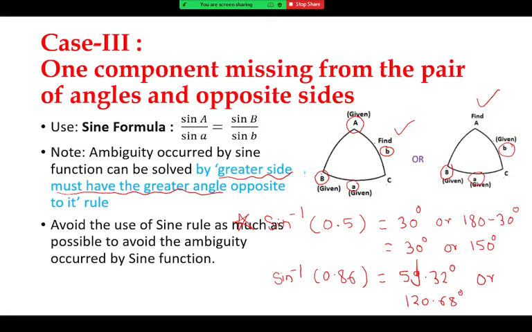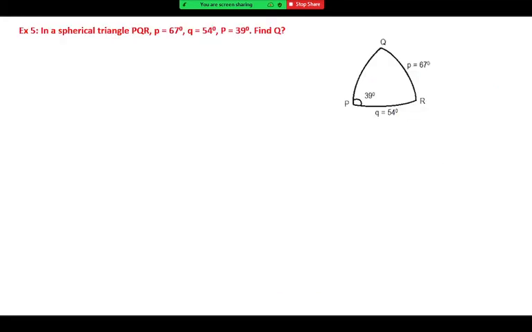It becomes more clear. So next slide, question number 1 on the sine formula. You will observe, first of all, see what was given here. In a triangle PQR, two sides are given, small p and small q, where capital P is an angle and capital Q we have to find out. So just draw a rough triangle first. In that rough triangle, we are given capital P, small q, and here is a small r, but we don't have to find out that small r. Our aim is to get capital Q only.